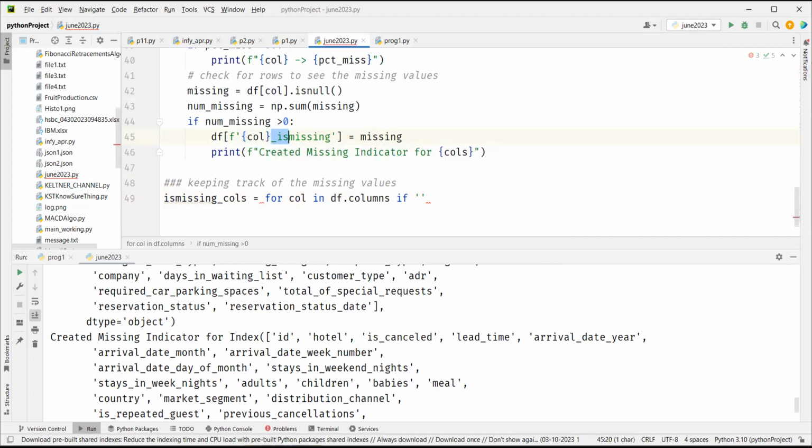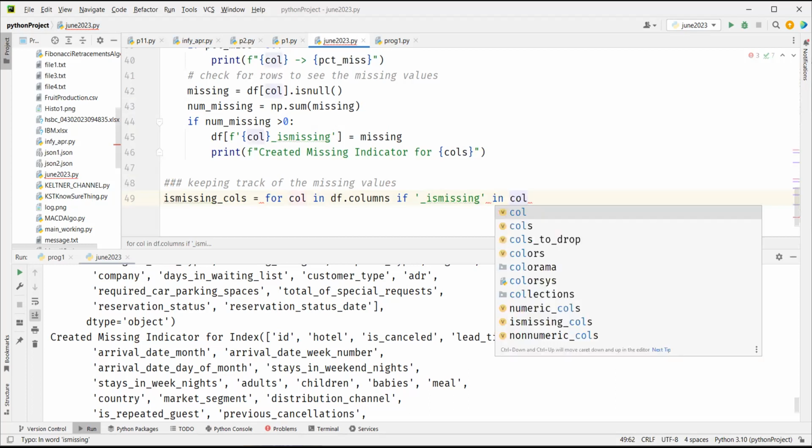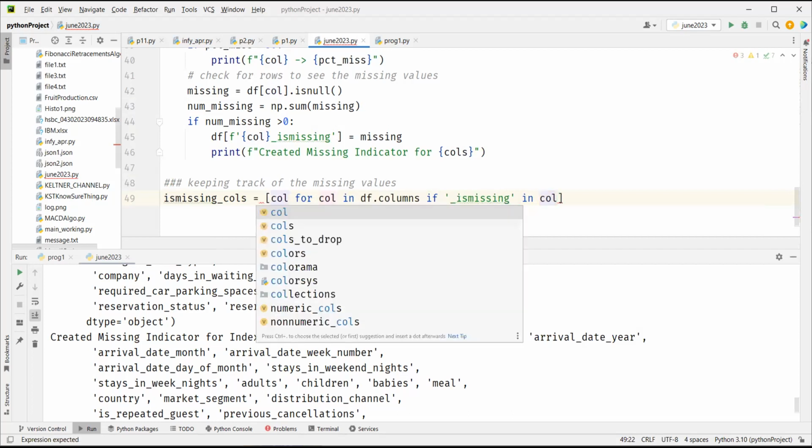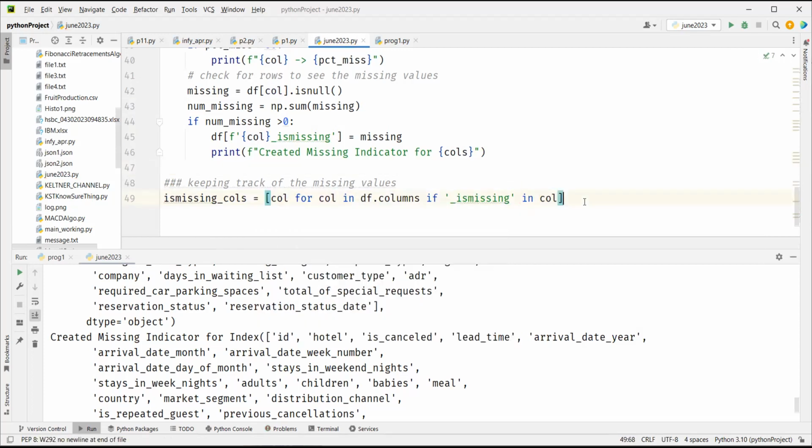Okay, so I'm going to check the column names. Are we talking about these columns? We are only interested in is missing columns. If is missing in col. Okay, and these columns only we will take as a list. Okay, now you say